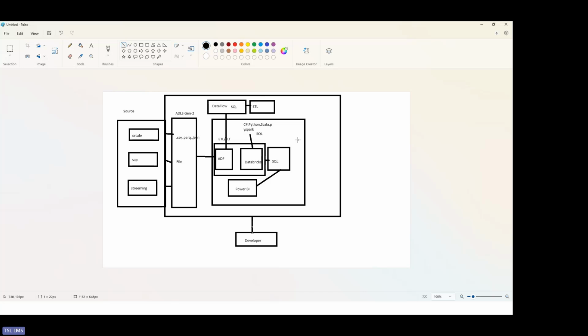But in some cases, for example, you want to maintain the history from when your organization started. For example, your organization